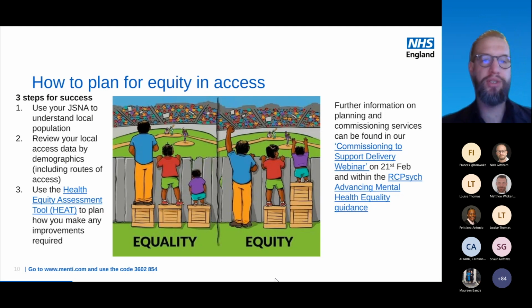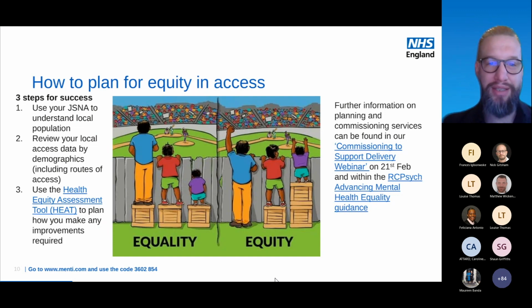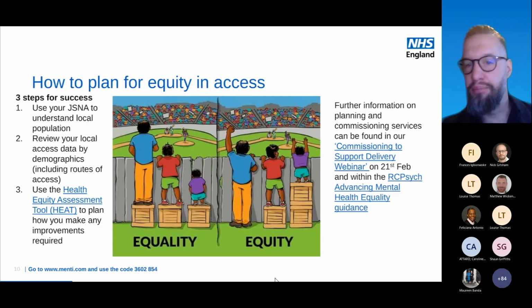So to develop an access policy, you'll need to understand what support different groups in your area will need in order to be aware of the service, to feel comfortable using it, and to be able to practically access it. So to give a simplified example, if you deploy a service in a deprived area where there's a requirement for patients to book into clinics solely via the internet, then anyone who's living in digital poverty and doesn't have access to the internet is subject to a de facto exclusion from the service.